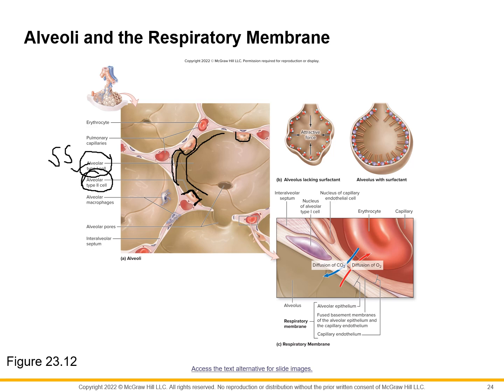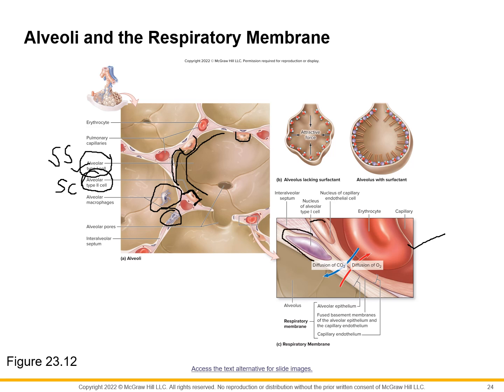So type 1 cells are your simple squamous cells. Type 2 cells are simple cuboidal cells. In addition, you're going to have the junk-eating cells here, which are the amoeba-like cells. Those are your alveolar macrophages. So if you look at this diagram here, here's what's going to happen. So this is your alveolar type